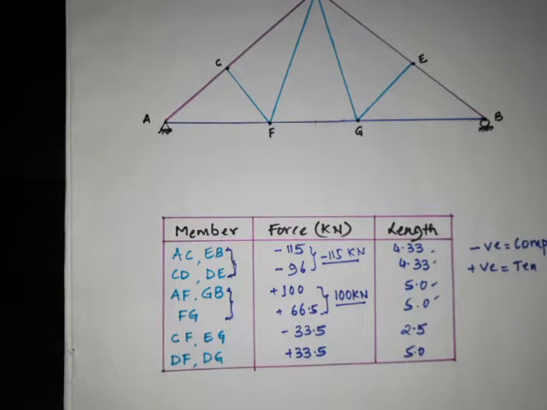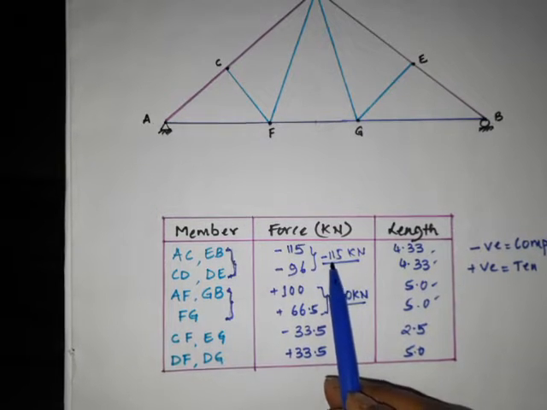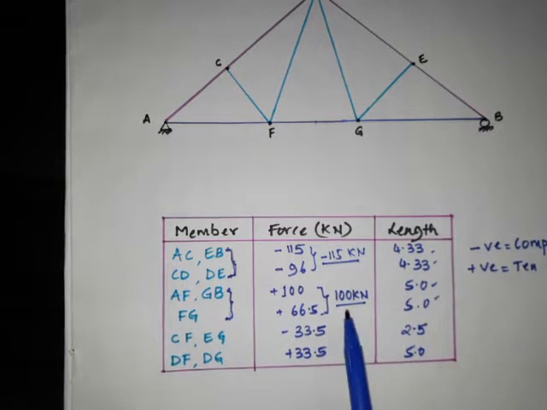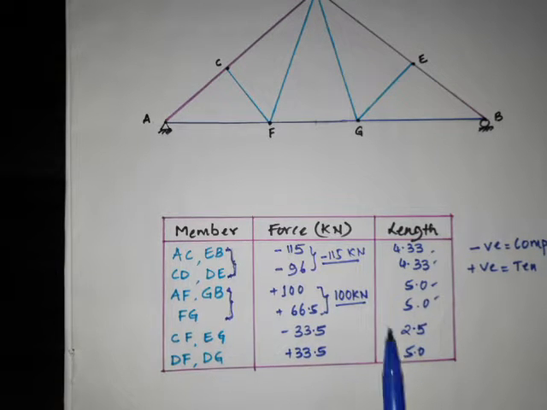100 kilonewton. Okay, so we have to design the principal rafter to carry a compressive force. You have to design it as a compression member only. When you design the principal rafter, you have to design as a compression member. But when you design the tie member, you have to design as a tension member because the force given is a tension. Okay, understood? So we will begin with the design part.